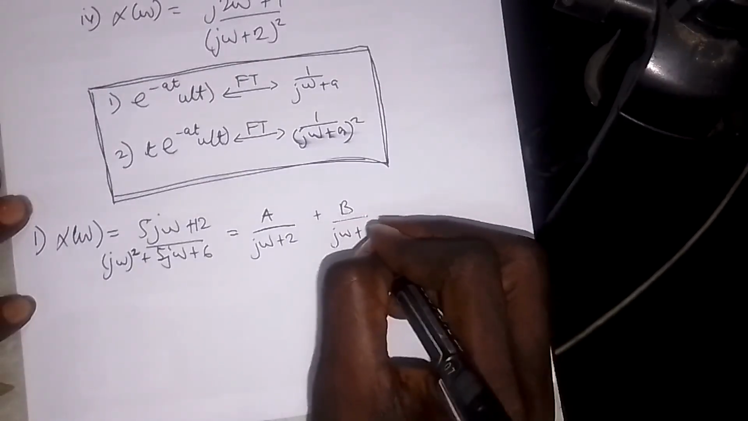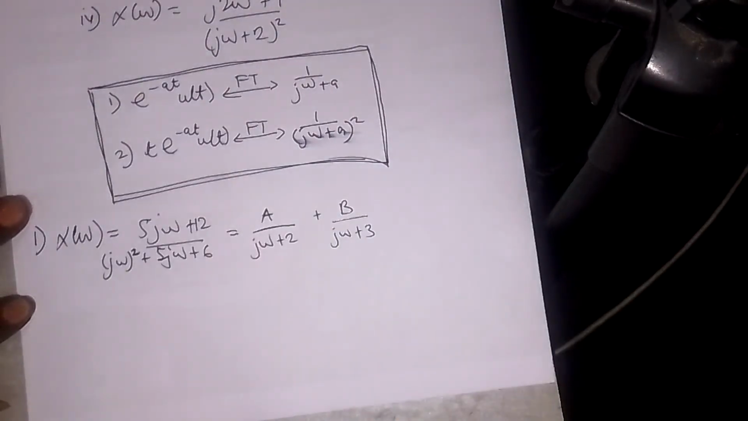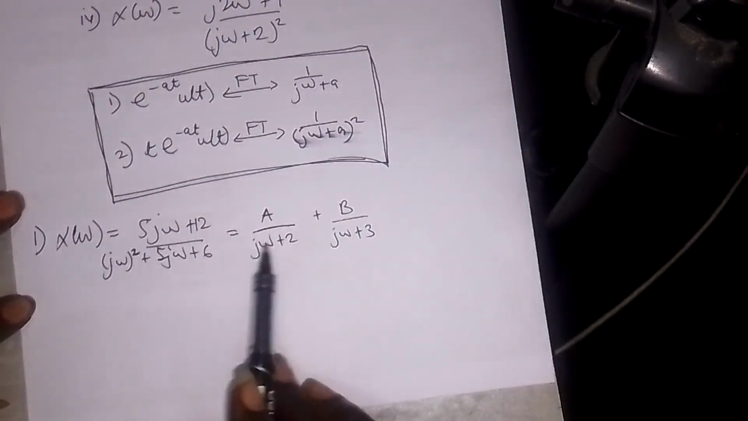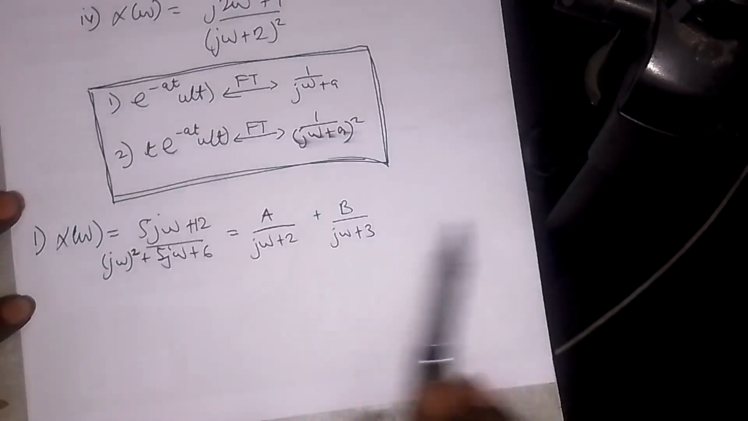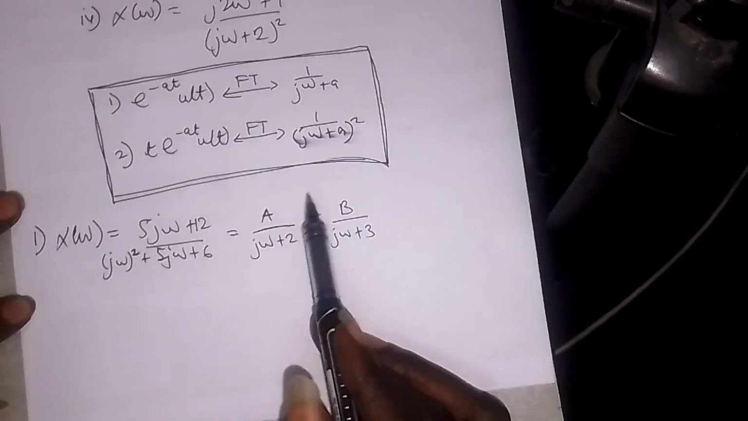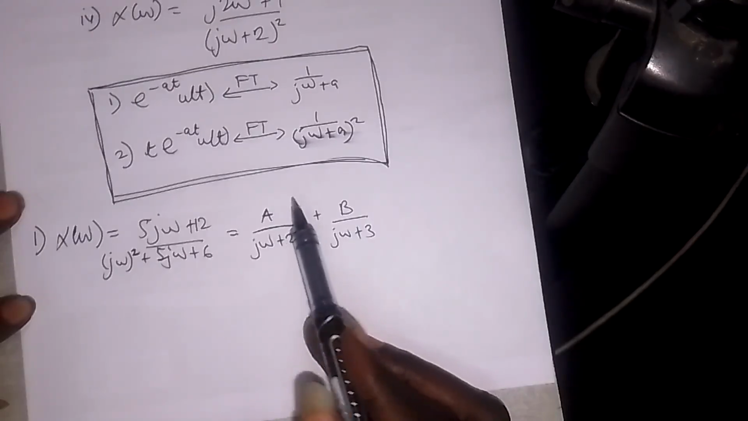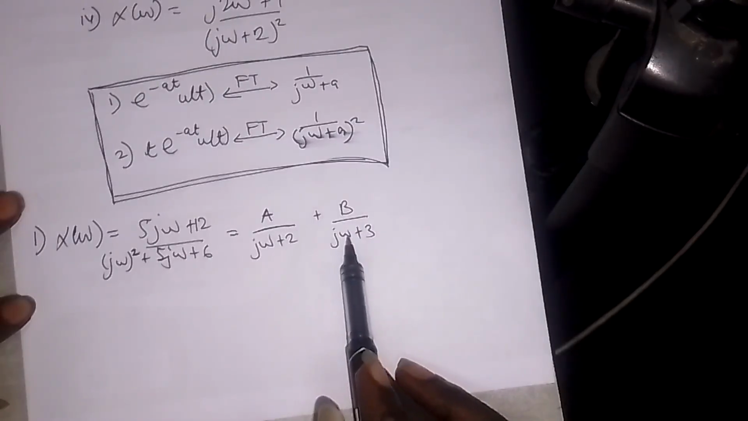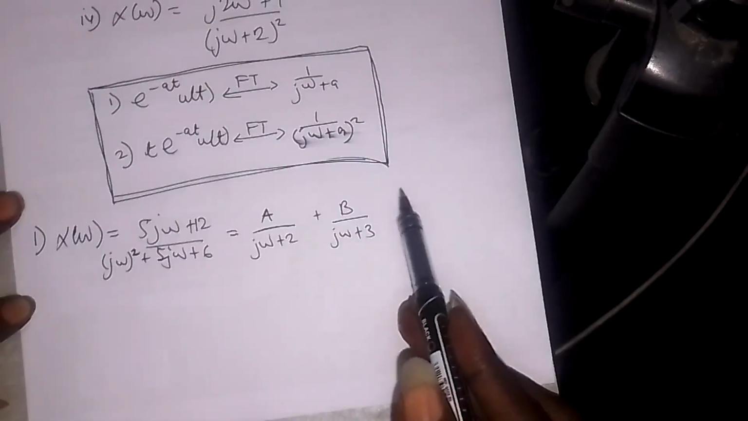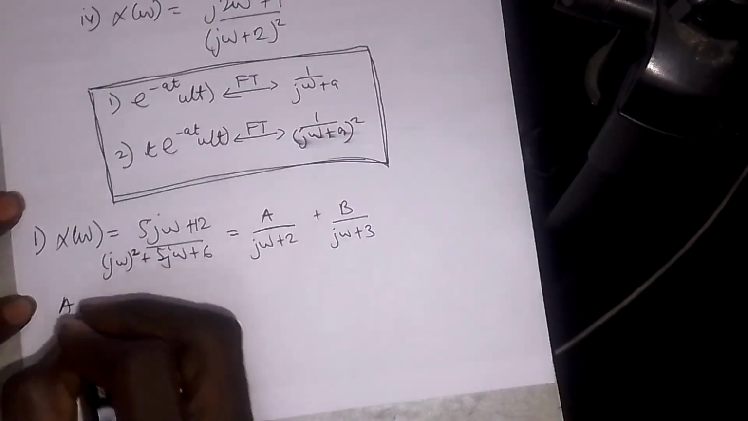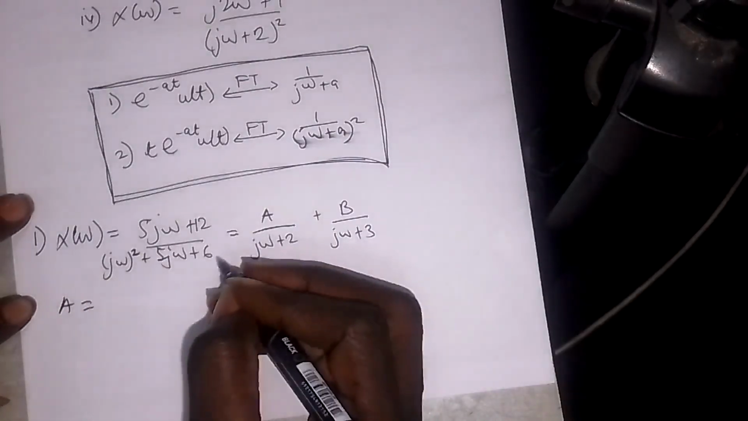plus B over j omega plus 3. Now after that, I multiply through the whole equation by j omega plus 2 and j omega plus 3. Here, it will cancel j omega plus 2, and I'll be left with only j omega plus 3. And here, it will cancel j omega plus 3, and I'll be left with j omega plus 2. So in that case, A is equals to,